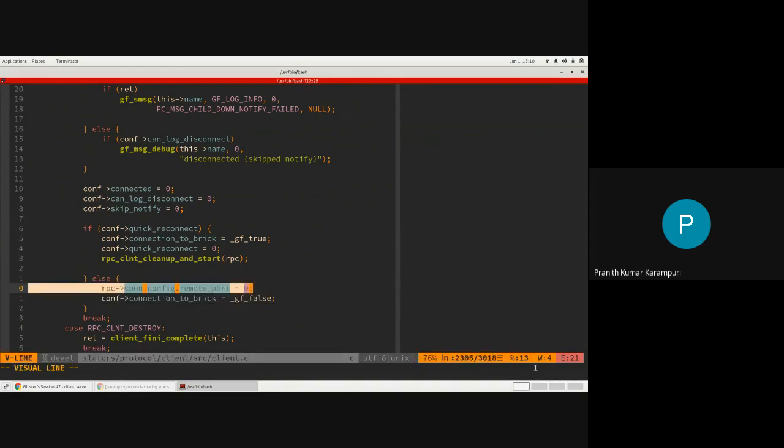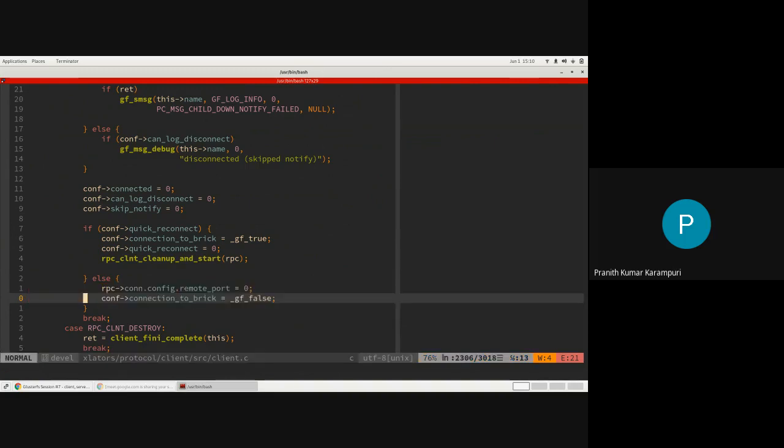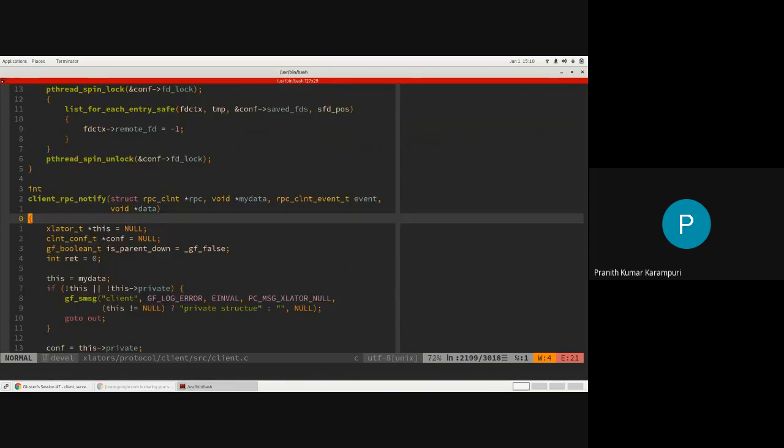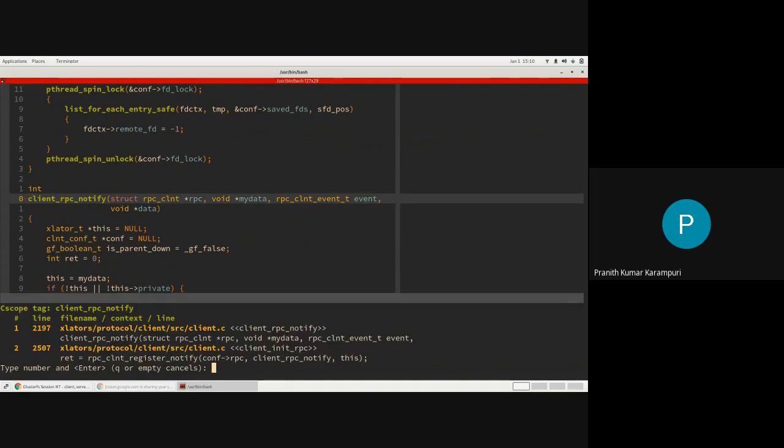Remote port 0 will be taken as the glusterd's port. So the RPC client knows that it means it has to connect to 24007. But it basically does a disconnect. What will happen is just notify.